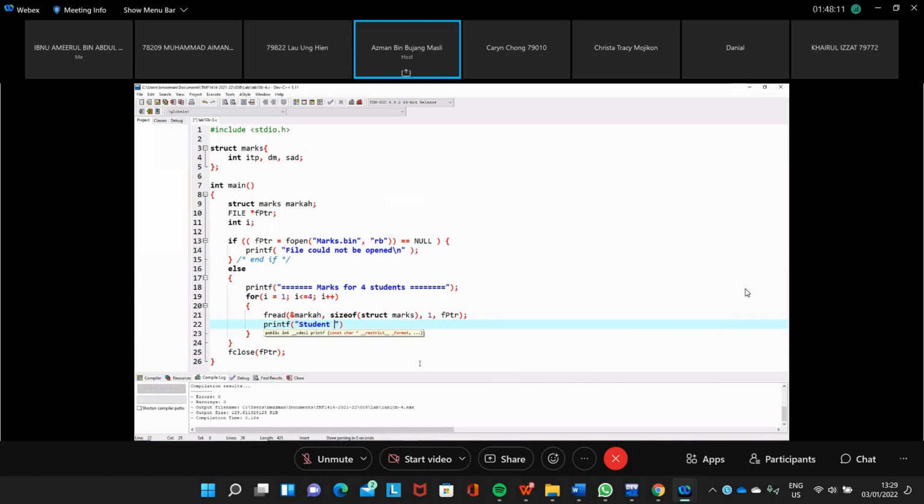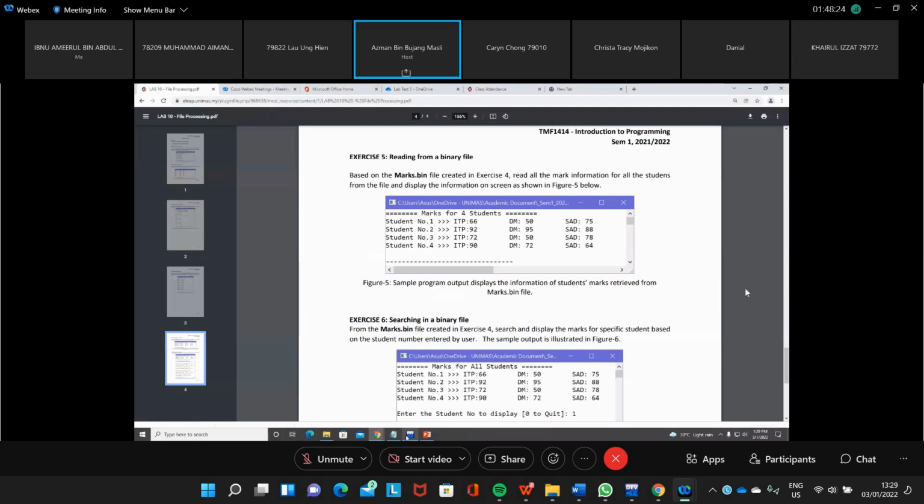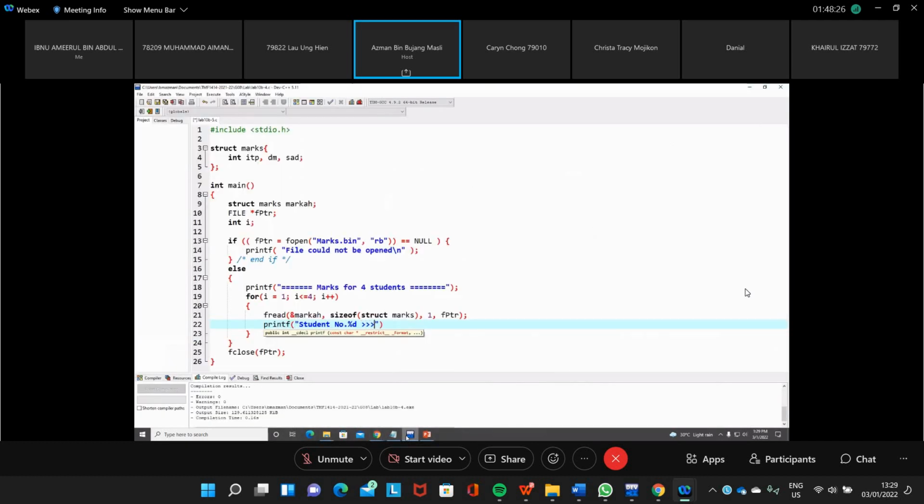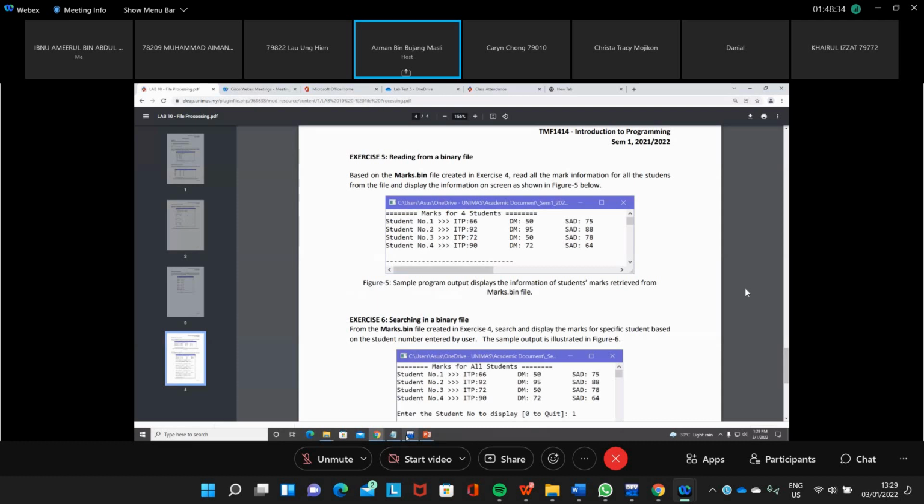This is the number of the student number 1, and then we put it like this. And then ITP, and then the mark. We got the data already in the structure.